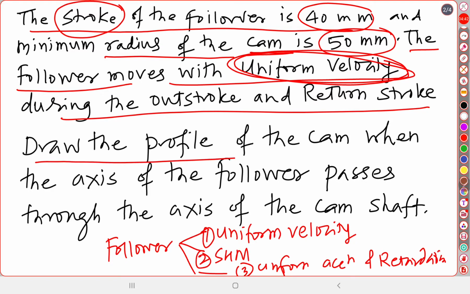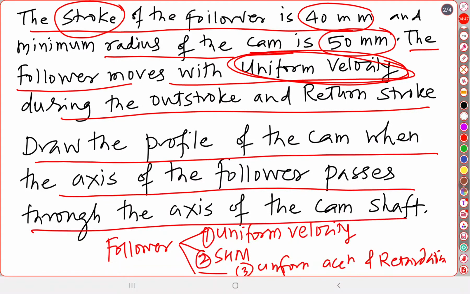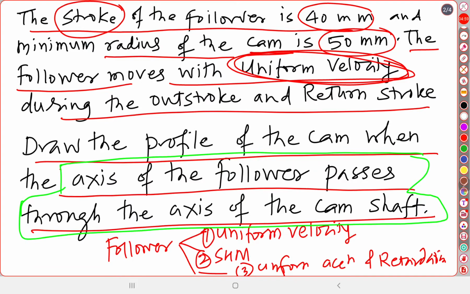Draw the profile of the cam when the axis of the follower passes through the axis of the camshaft. This is the most important condition given here again. The axis of the follower passes through the axis of the camshaft, and as per this condition we have to solve this problem. To solve this problem,